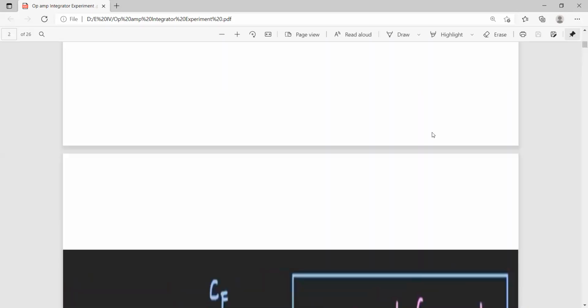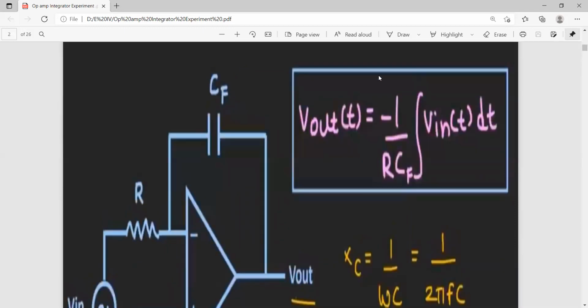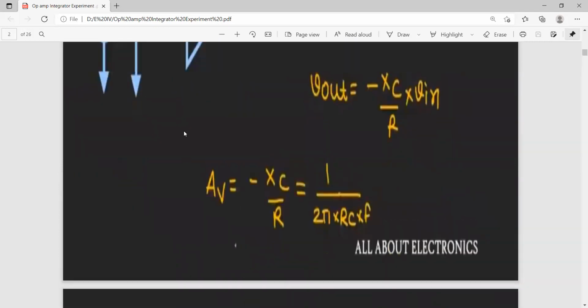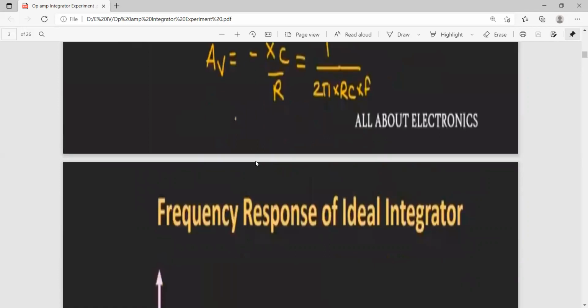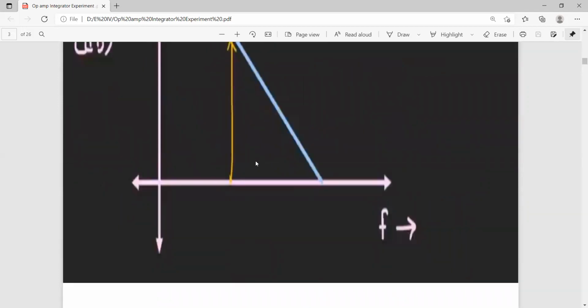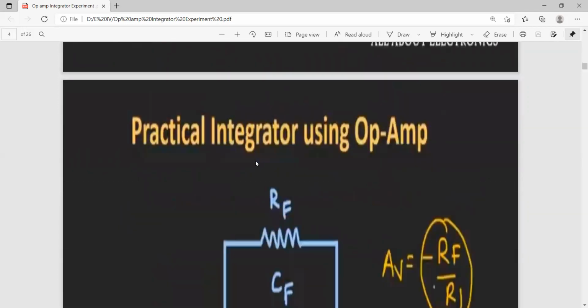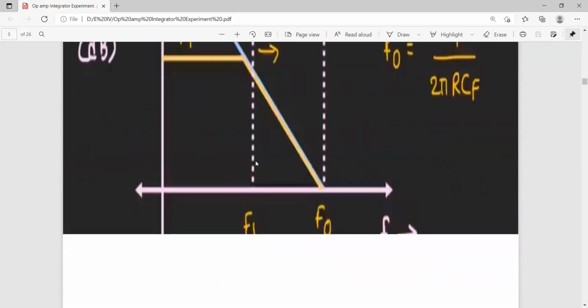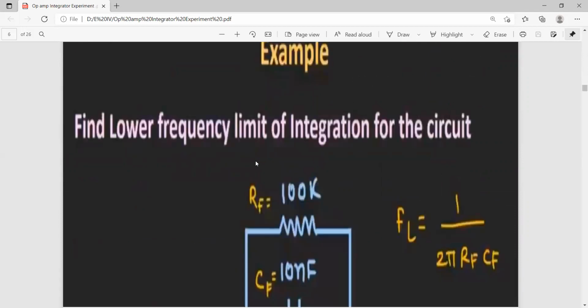This is your first slide. Here also we get some time constant: differentiate Vin by dt. In that format we will get it. You can apply various inputs at the signal input and identify the shape of your output for the differentiator also. So with this, I will end my today's presentation.